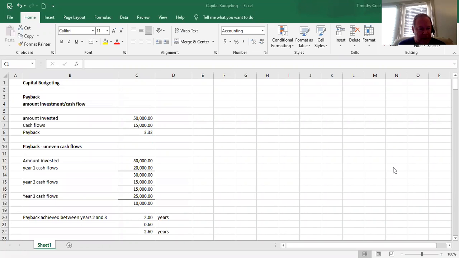And there's three different methods we're going to look at in here. We're going to look at payback, net present value, and internal rate of return. Now, all of them involve the use of cash flows, which are deemed to be better to judge investment performance, or basically financial performance, in the case of making business decisions. So all of them are going to use cash flows.